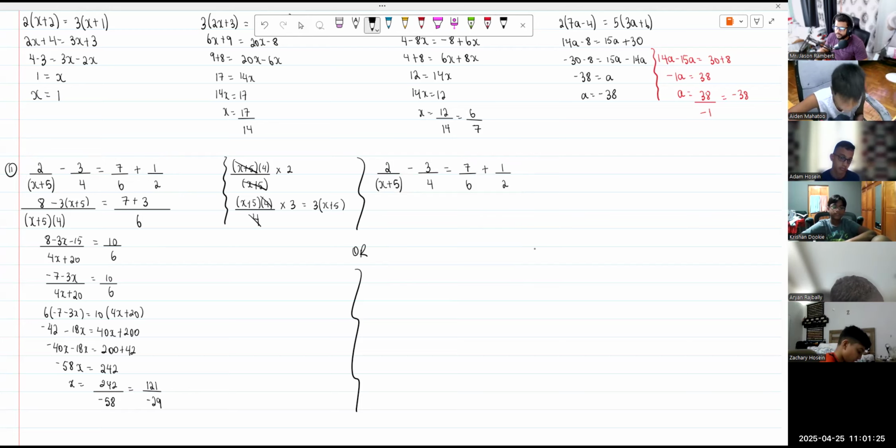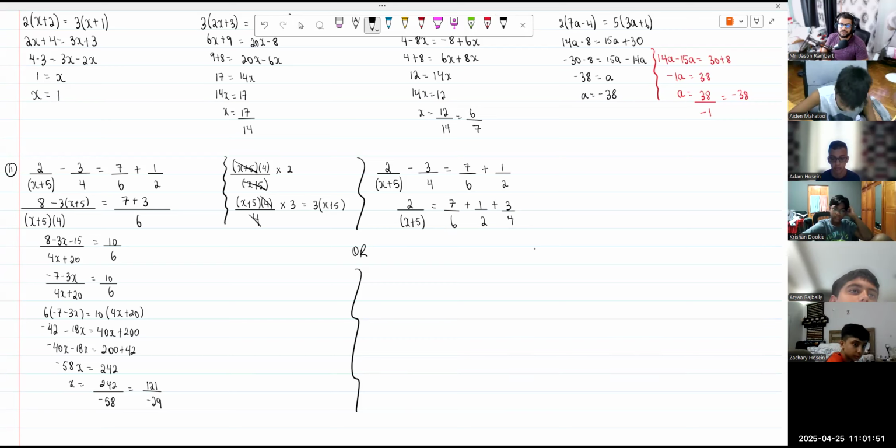What if I do this? 2 over x plus 5 is equal to 7/6 plus a half plus 3/4. That is possible. That is allowed. I can move the 3/4 on that side, remaining with 2 over x plus 5